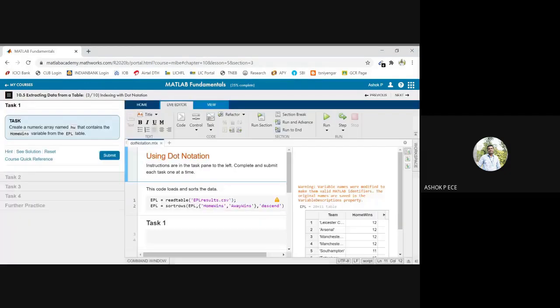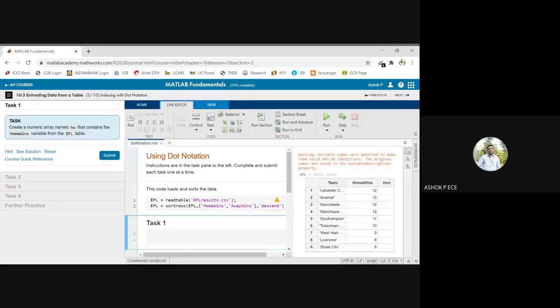Indexing can be done with dot notation. You have seen table name dot column name; you can use the dot notation. So create a numeric array named HW that contains home wins from the table EPL. So EPL dot. If you give EPL dot, you will get the